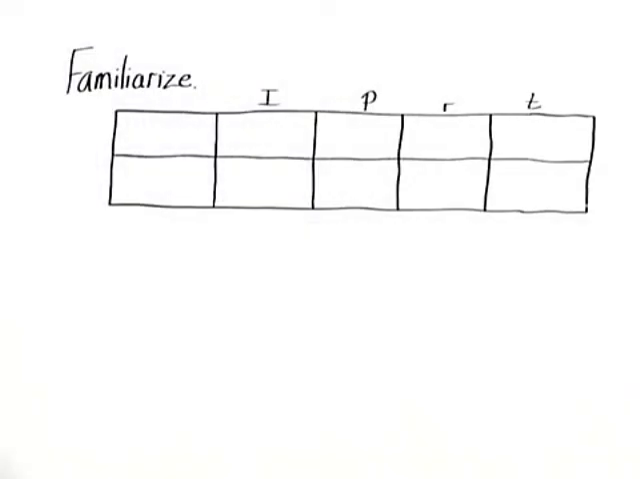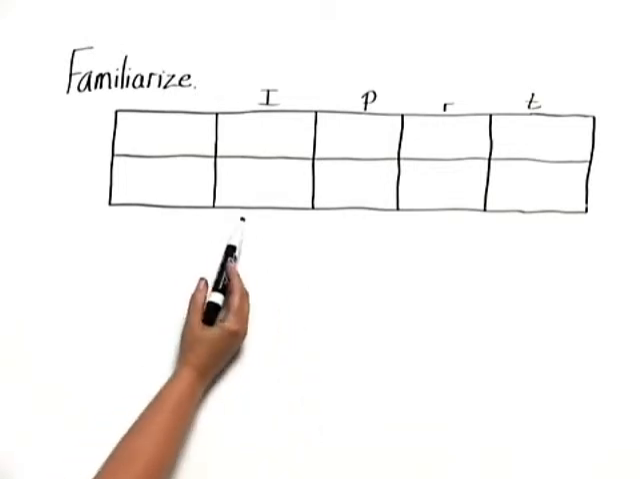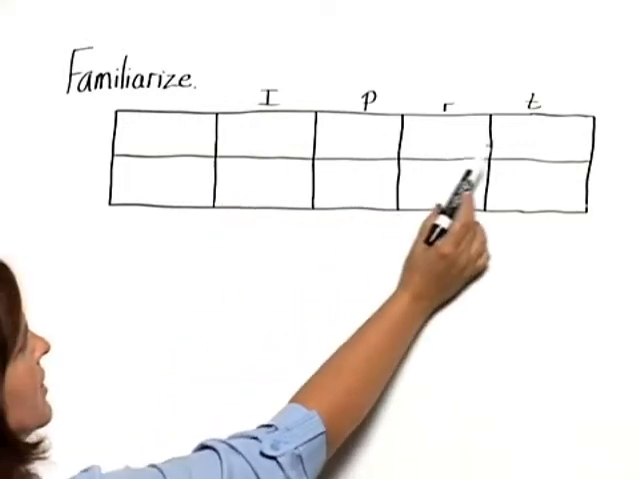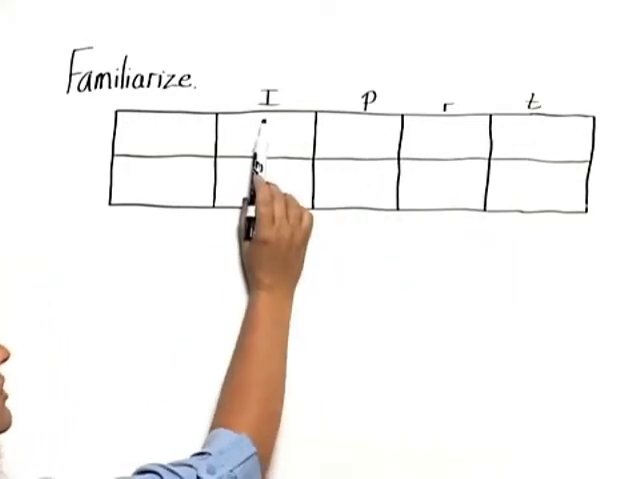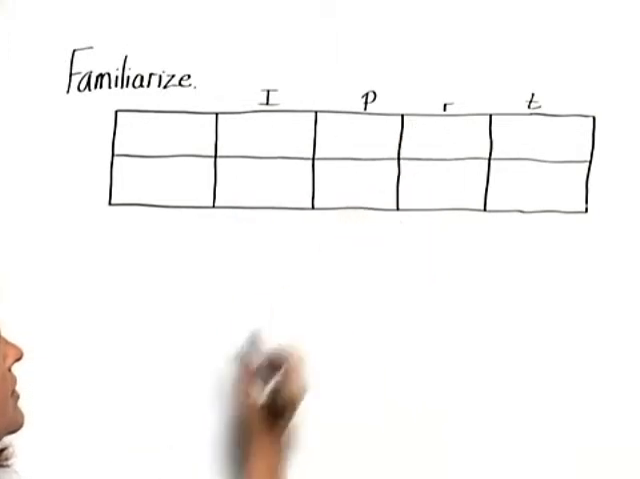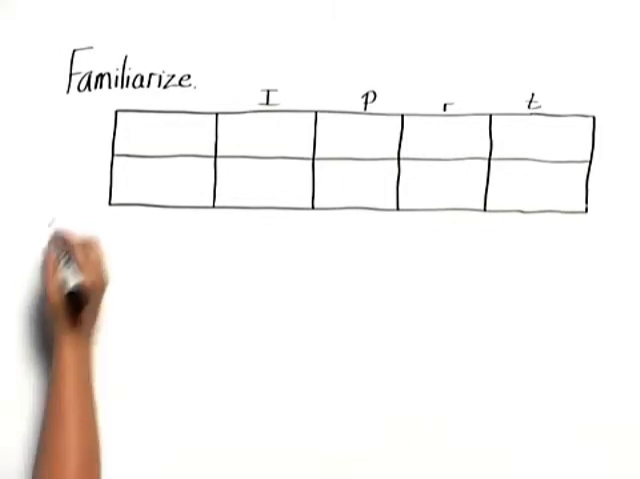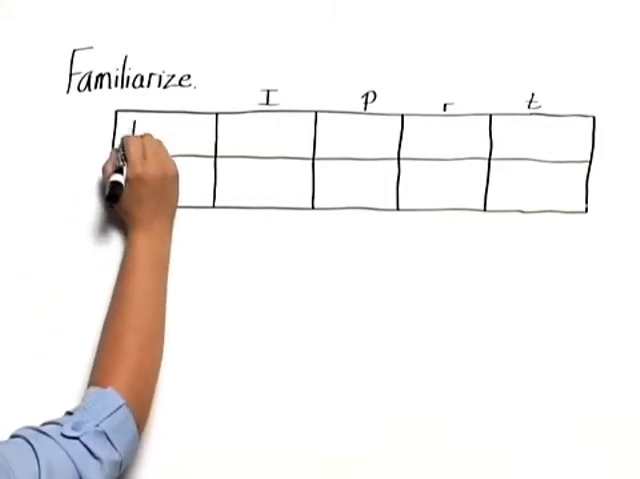When we have a problem dealing with money, we can often organize our information with a chart, and in that chart the columns would be interest, principal, rate, and time, because interest equals principal times rate times time. In this situation we have two investments. We have two investors actually, Brett